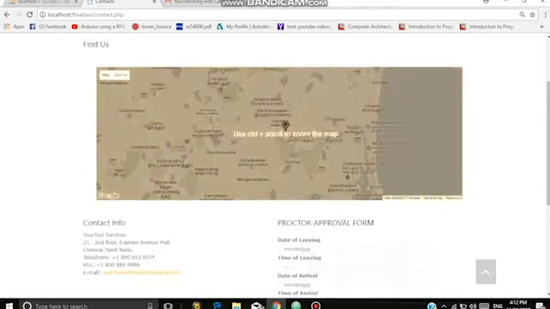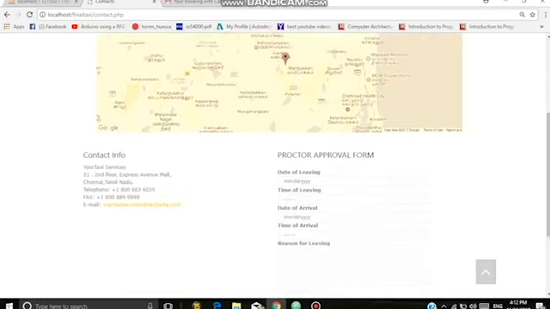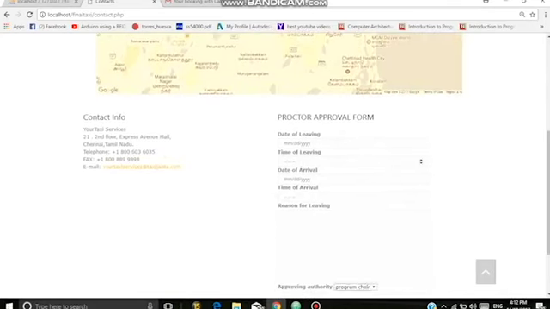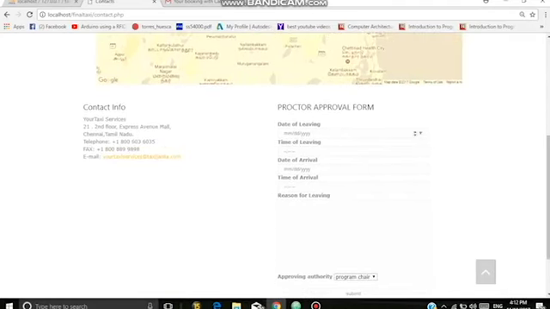Time of arrival be 1 p.m. and reason for leave be Diwali break. There are two options for your approving authority. Either it could be program chair or your proctor. So as soon as you're going to click on the submit button,